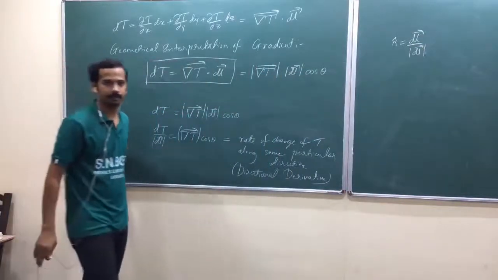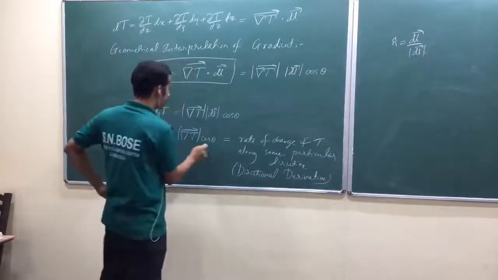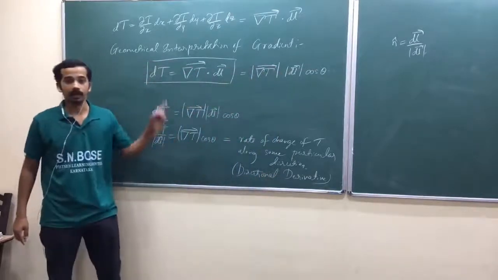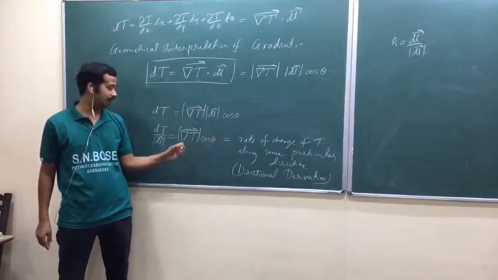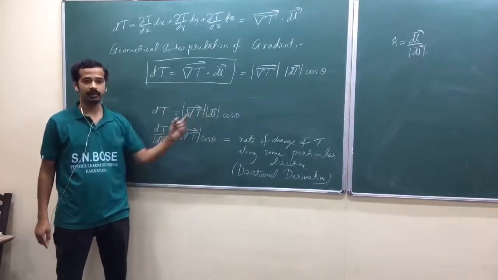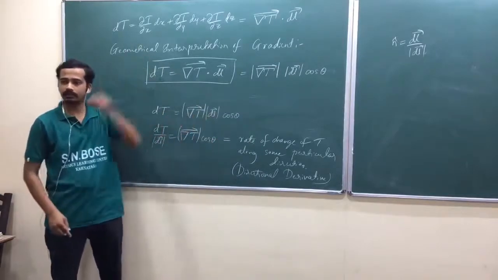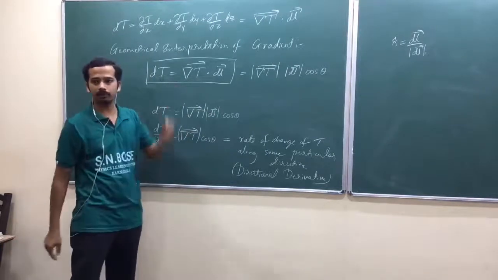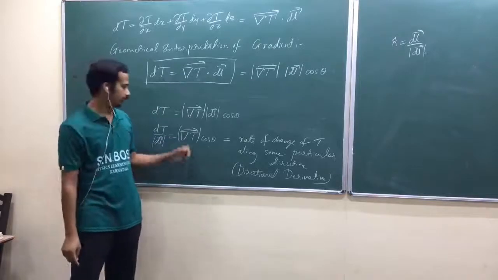Is that okay? So now what is this del t cos theta? Any idea? That is projection of gradient along dl vector. What is theta? Theta is the angle between del t and dl. Am I right? So del t cos theta. Again, take the example of our dot product. So what was b cos theta? Projection of b along a. What is del t cos theta?